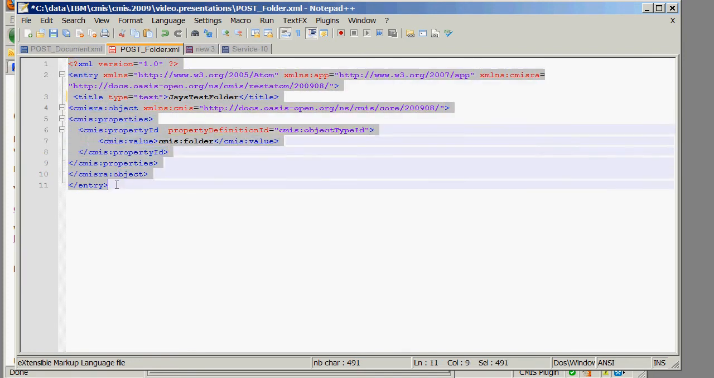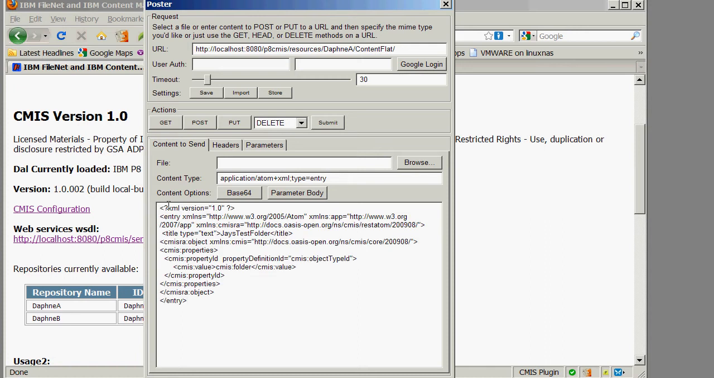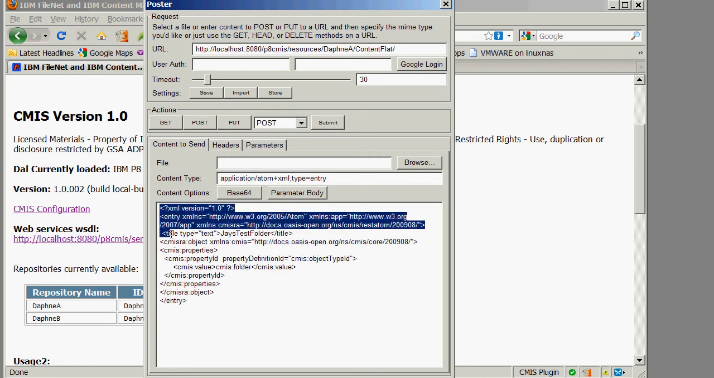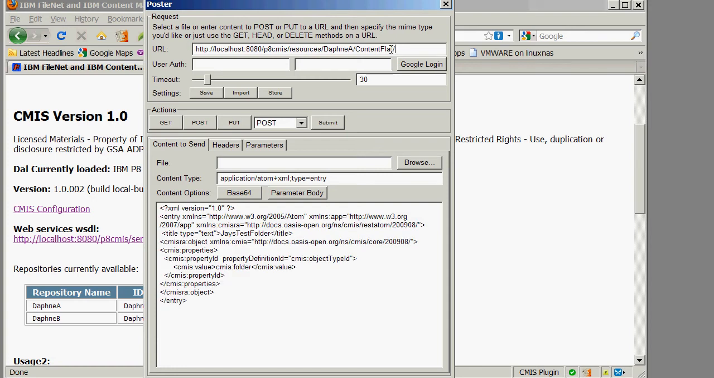So I'm going to take this XML, and I'm going to copy it, and I'm going to put it into the payload section here. Now we have to set our content type to be the appropriate type as per the spec. So we're going to be setting it as application/atom+xml, type equals entry. And we're going to set the HTTP verb to be a POST. So we're posting this new folder object to the root folder, which translates logically into I'm creating a folder in this folder. So if I do submit,